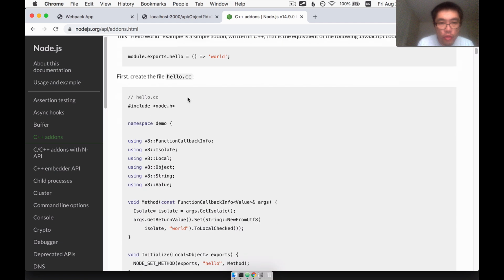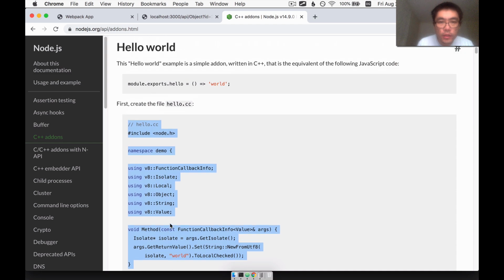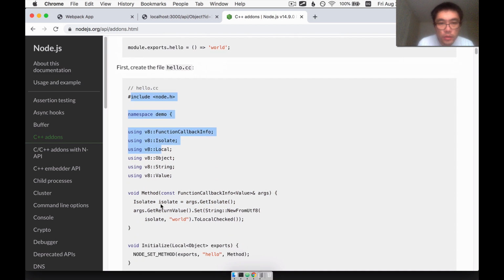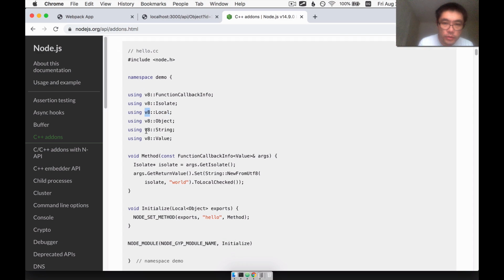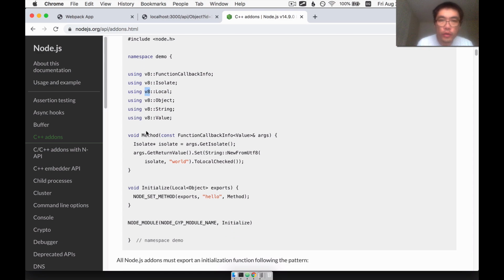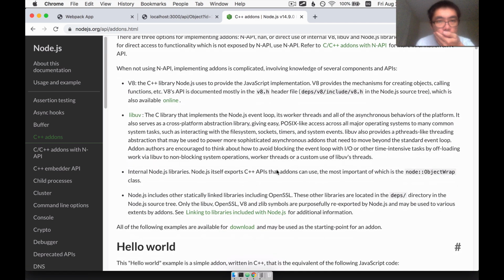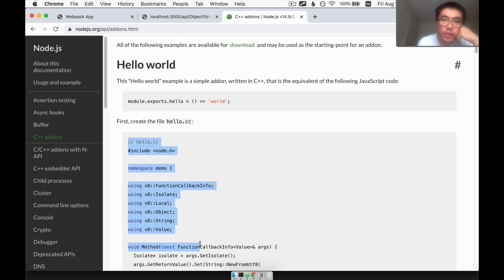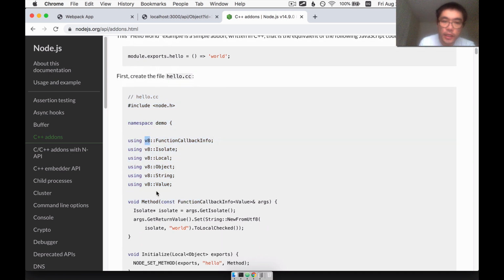One thing though, this way of writing an add-on, a so-called C++ add-on, is no longer the recommended way. This way of writing it references objects or types that are defined in the V8 JavaScript engine, as well as other low-level libraries such as libuv, which is one of the backbones of Node.js. They no longer recommend doing it this way unless you have some actual need to access V8 stuff or